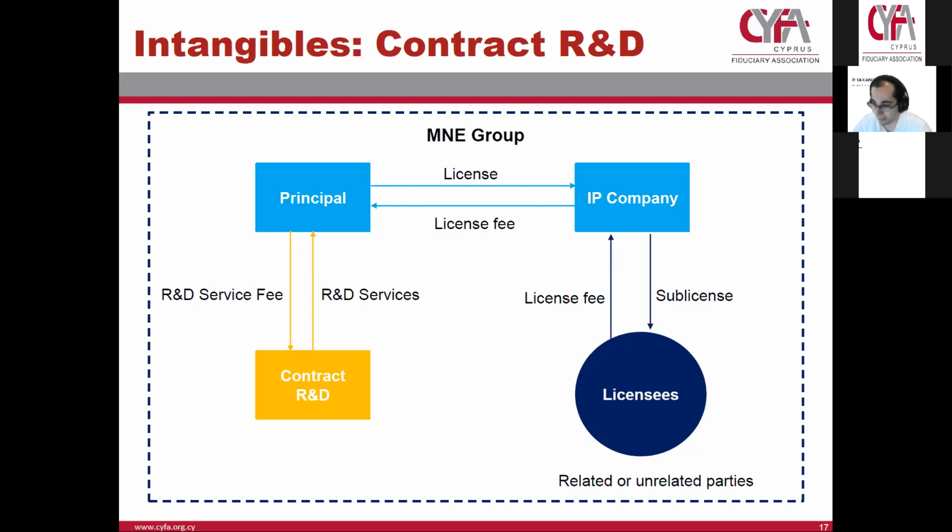So this is the arrangement with regards to the R&D. But then once the principal has the IP, it can license it directly to customers, or it can license it to related party entities, the licensees that we see on the structure, through an IP company. And this is a very common structure to use an IP company for several reasons: to manage the IP,